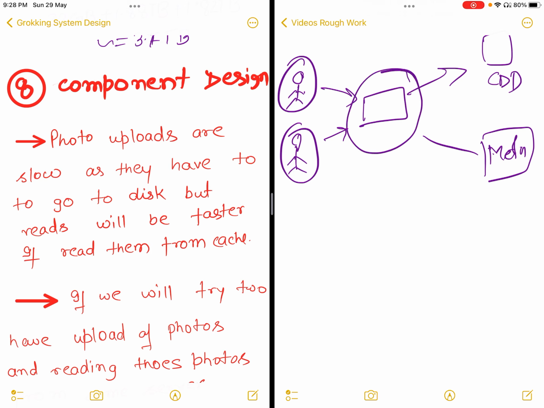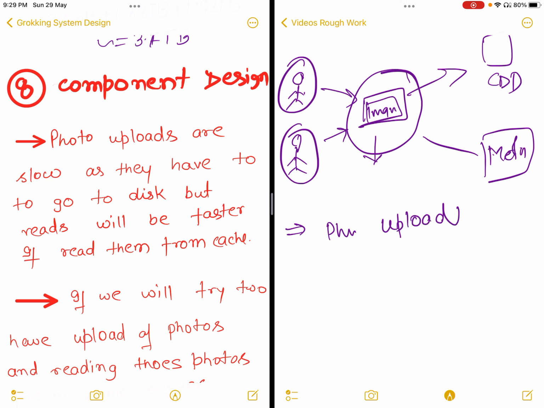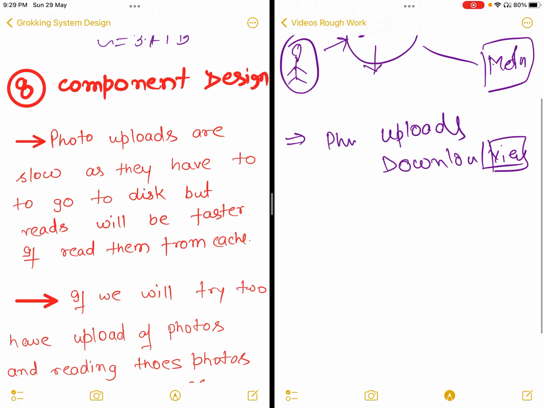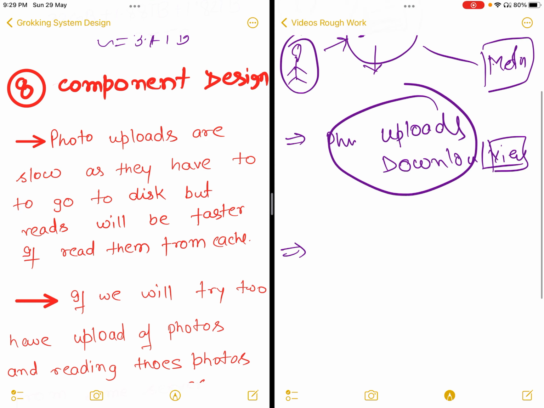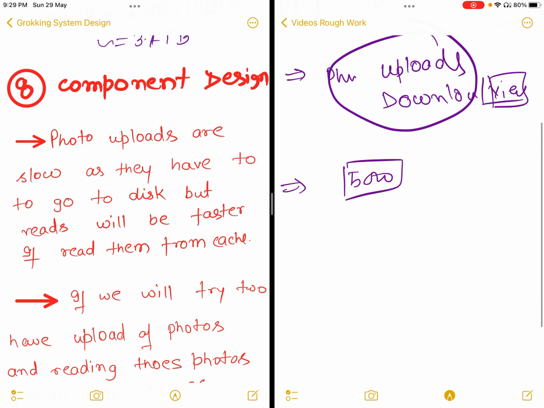So if we see the photo, what are the main things this will be doing? This will be doing photo uploads and then the download, meaning viewing: you are viewing a photo or you are downloading it. So what will happen if both these functions are happening on the same image server? Suppose you have given a server 500 concurrent connections, as we all know that